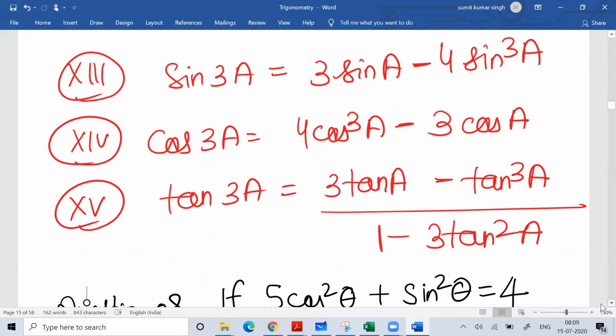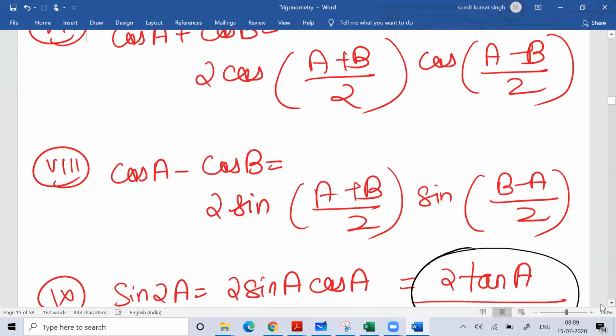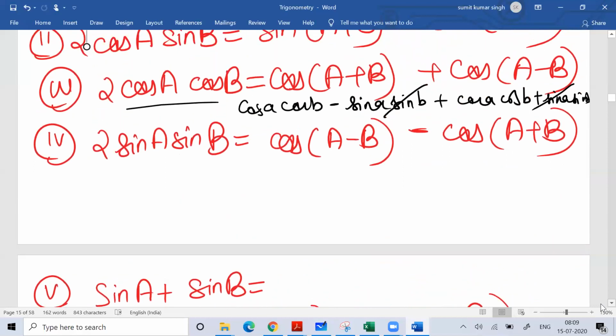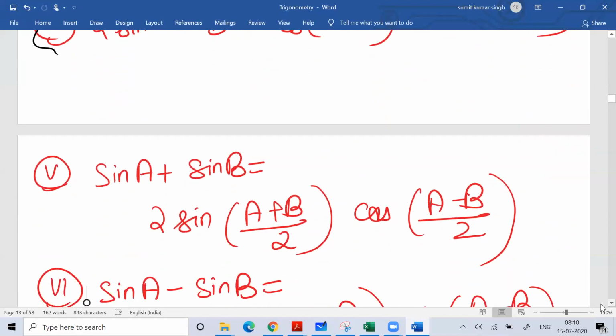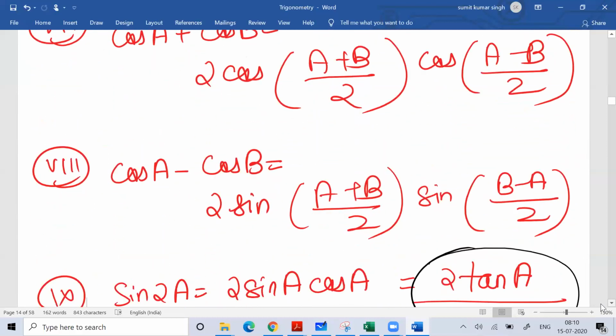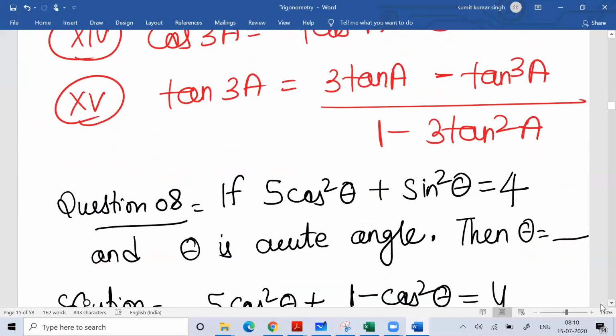Although for competitive exams these formulas are not that important, even then, if you can remember them, it would be really good for you. At least remember these four, they are important. Then probably this is important too. From the exam point of view, sin A plus sin B, keep that in your mind. Others you can ignore.